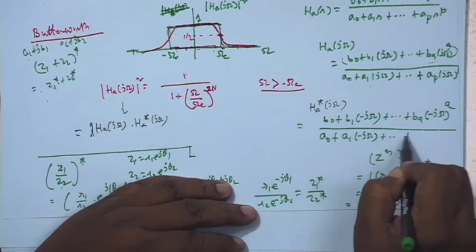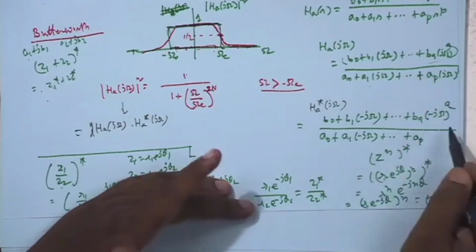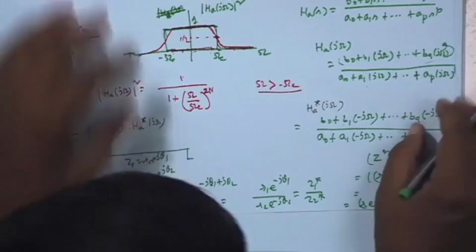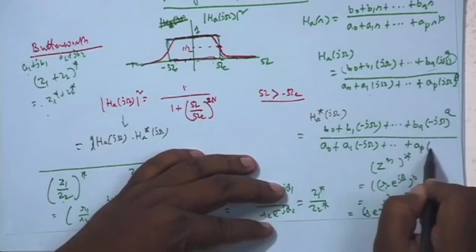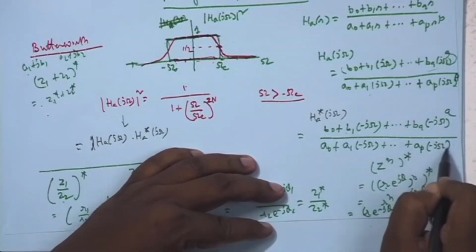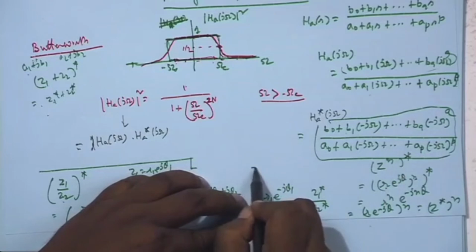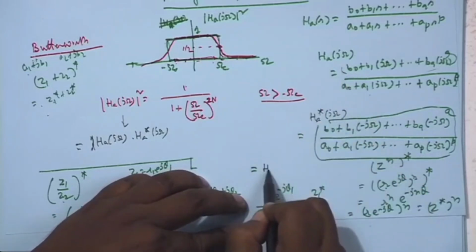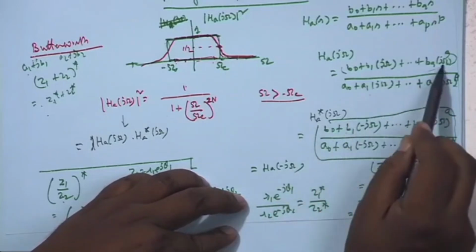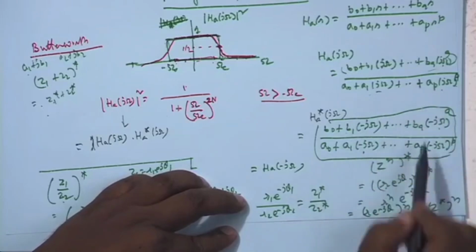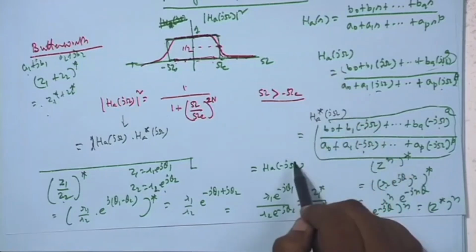and like this again ap into j omega, conjugate of the product means first you conjugate ap, but ap is real, so as it is, j omega whole to the power p, then conjugate is same as minus j omega, but this first you conjugate then p. This is the thing, and you will see this is same as if in the original h is j omega, instead of j omega if I put minus j omega everywhere. So, if the coefficients are real, then h a star j omega is same as h a minus j omega,